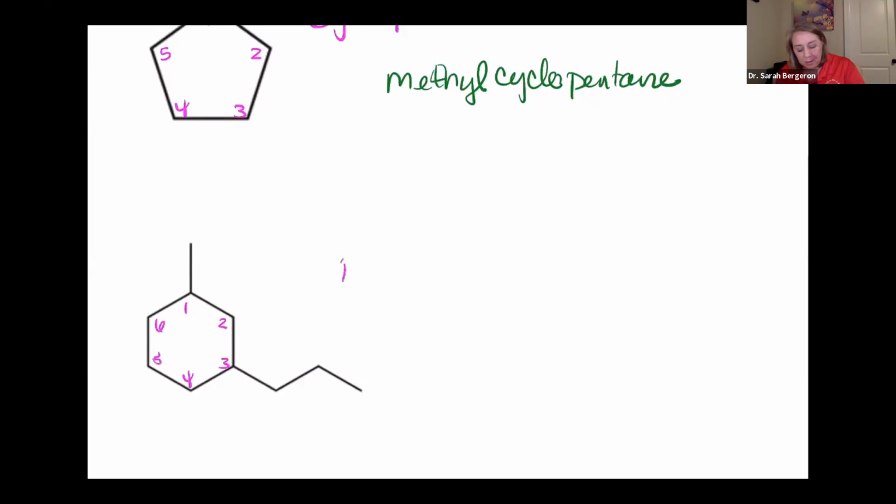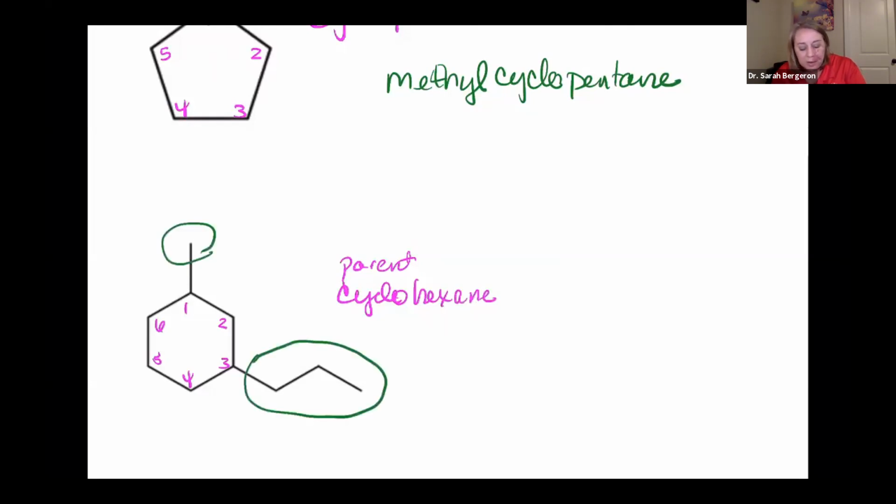So if we want to name our parent, we know that this is a cyclo. So it's going to be cyclo, C-Y-C-L-O. And then because we have 6, 6 is hex. And then we have only single bonds, so it's hexane. So the parent is cyclohexane. And now we need to identify our substituents. All right, so here, this is just a CH3 group, so this is a methyl. And then we also have a 3 carbon chain, 1, 2, 3. So we know that 3 is prop. So this is propyl,